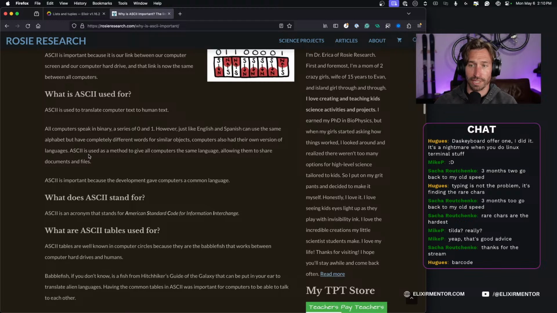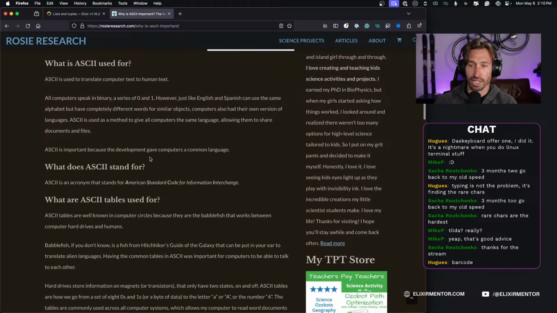All computers speak in binary, a series of 0s and 1s. However, just like English and Spanish can use the same alphabet but have completely different words for similar objects, computers also have their own version. ASCII is used as a method to give all computers the same language, allowing them to share. All